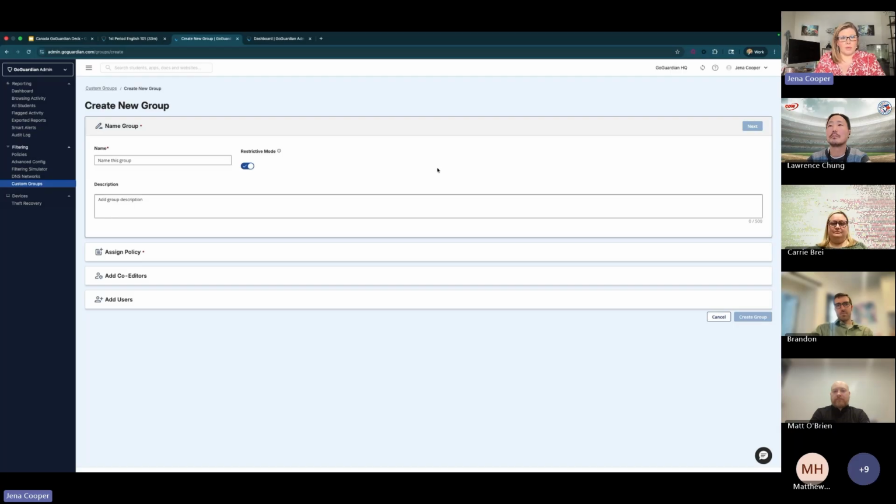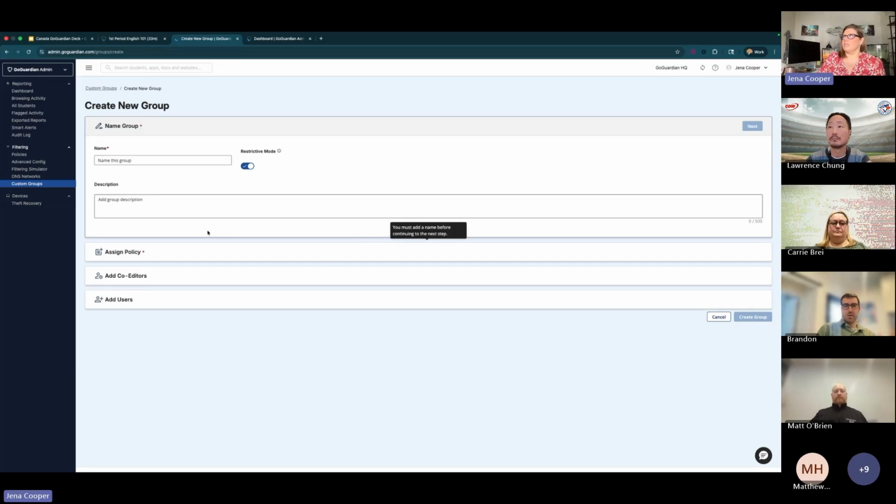And so we need to put them in some lockdown parameters where they are only allowed to go to Google Classroom, Schoology, and Pear Deck. That's all they're allowed to go to, and GoGuardian, whatever. That's it. And so we can put them in this custom group that says, these are the only educational websites that you're allowed to go to in the entire school day. This is it. Or even at home as well. And so you have the ability to put that in there.